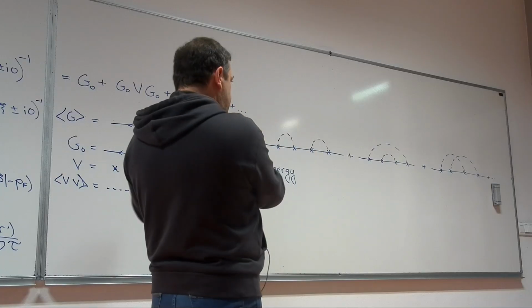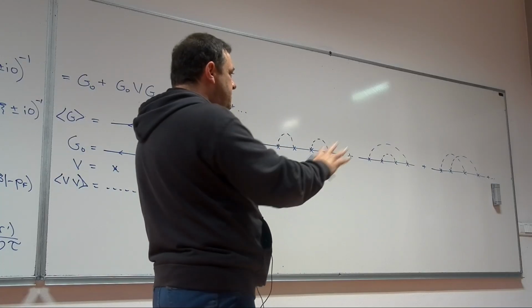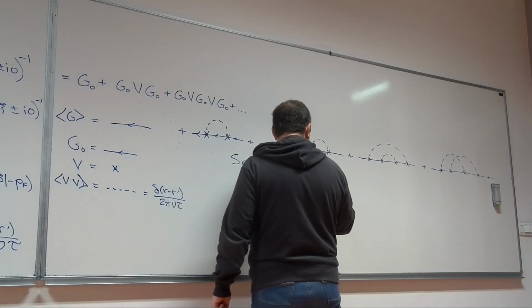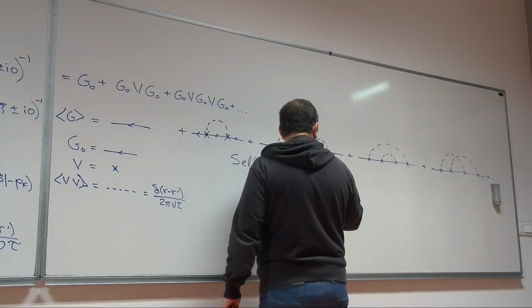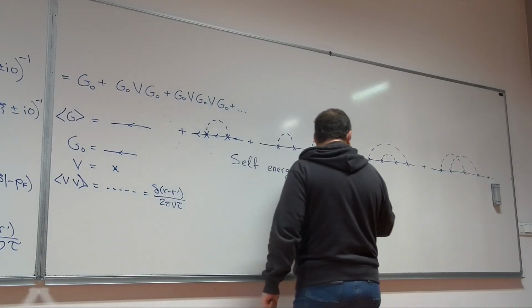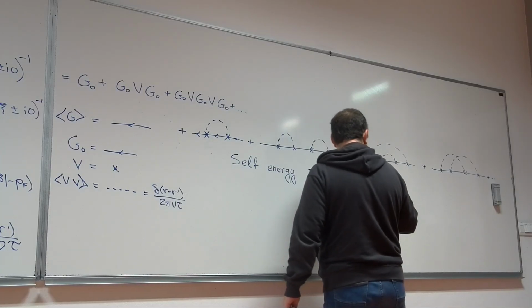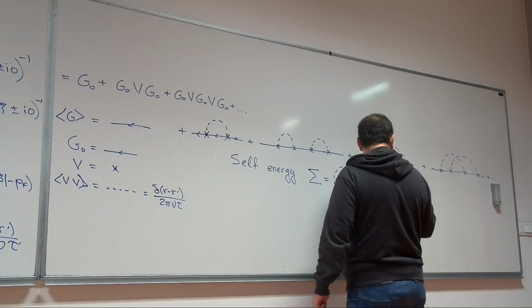I will first draw some pictures, and then it will be clear what this whole thing means. Self-energy is the following thing. Sigma equals this object plus this object